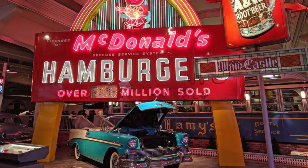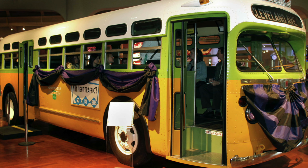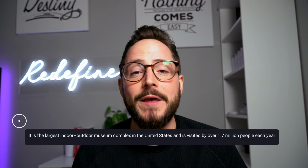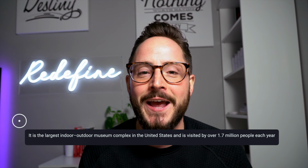It's full of all different types of worthwhile things to check out, including a lot of civil rights movement stuff, like the bus that Rosa Parks sat on, which is featured at the Henry Ford Museum. They not only have exhibits that sit there for a long time, but they also rotate exhibits. If you grow up in this area, a lot of times your school will send you there for a day to go check out the